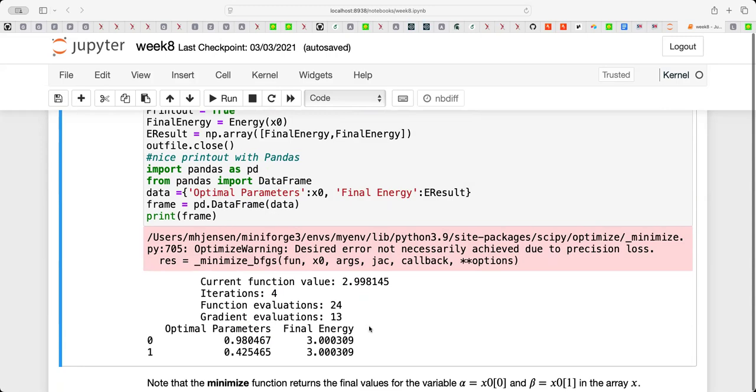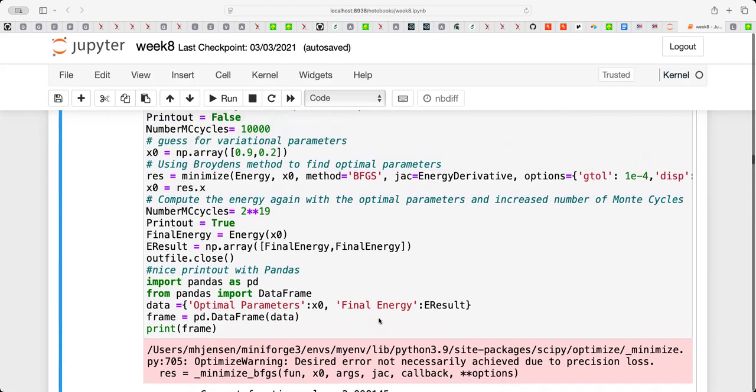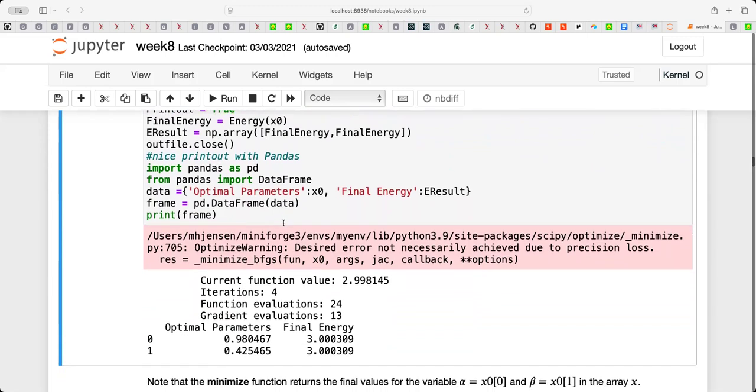So this is my Monte Carlo calculation, the final estimation, the production run, as we often call it, with 2 to the 19th Monte Carlo samples. And we're getting pretty close. Now, when you run it for the non-interacting case for this bosonic system, you will basically be spot on the exact value.